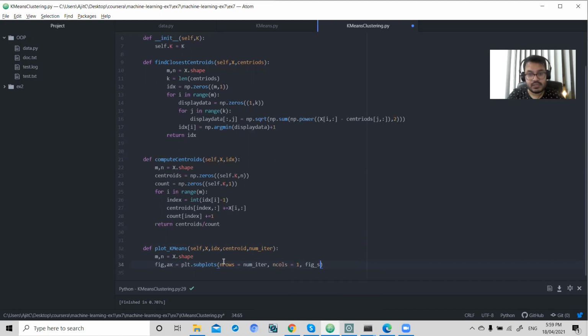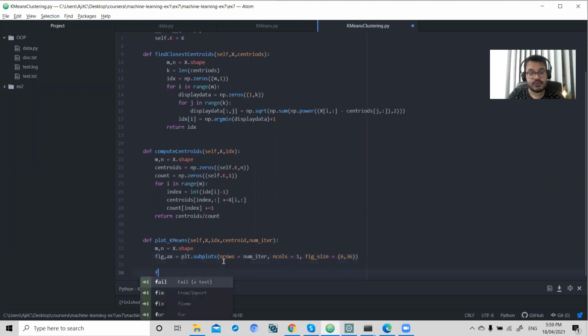Figure size, let's give a figure size of 6,36. Okay. And now for i in range of my number of iterations,